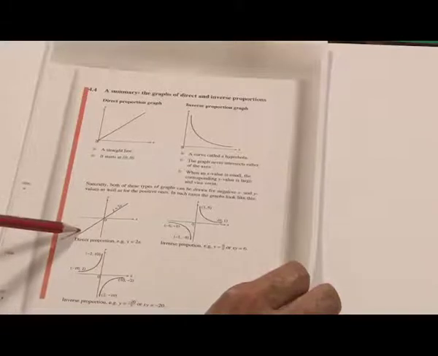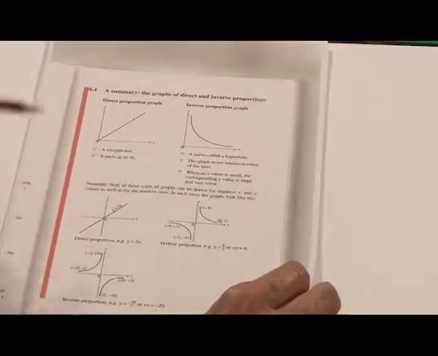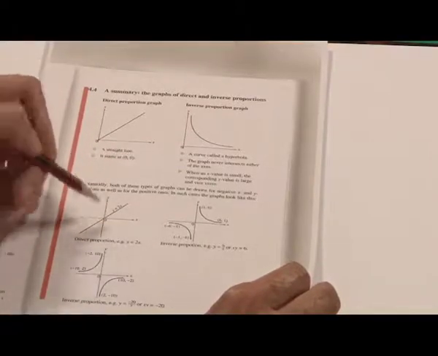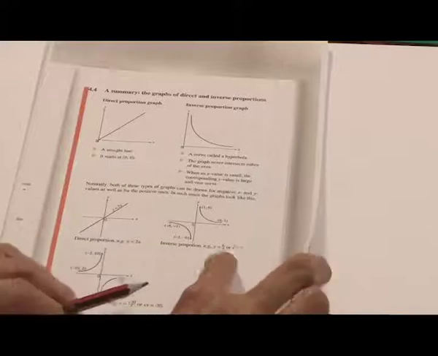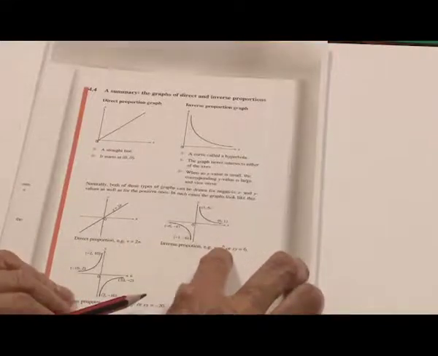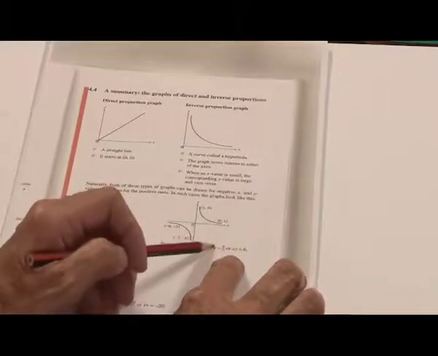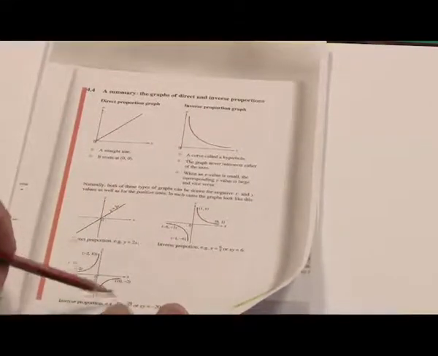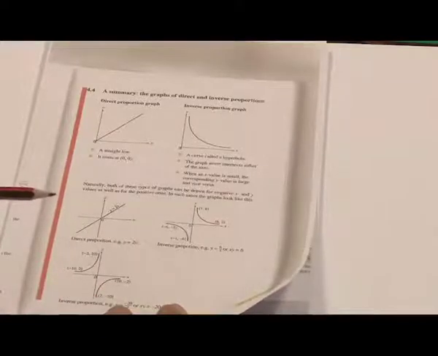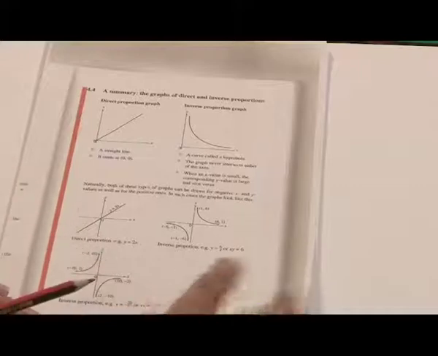There we see again direct proportion. For example, the straight line graph, y is equal to mx plus c. Plus c is now 0, so it goes through 0. And there you see the inverse proportion. For example, y is equal to 6 over x, or the same is xy is equal to 6. X times y is equal to 6. Inverse proportion, for example, y is equal to minus 20 over x, or xy is equal to minus 20. Then it will be in these two positions.